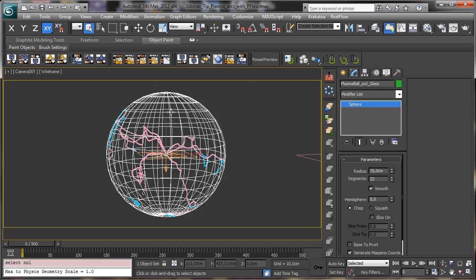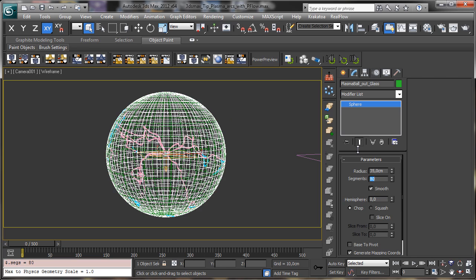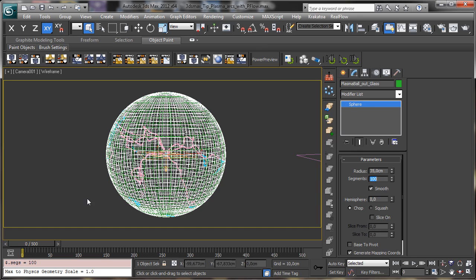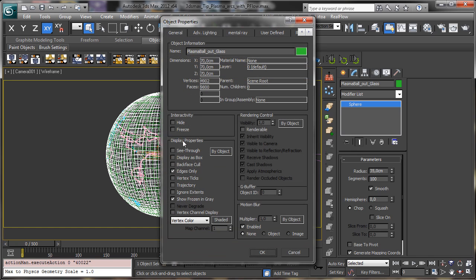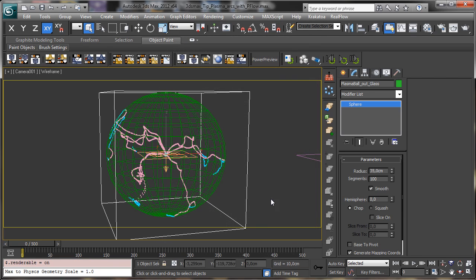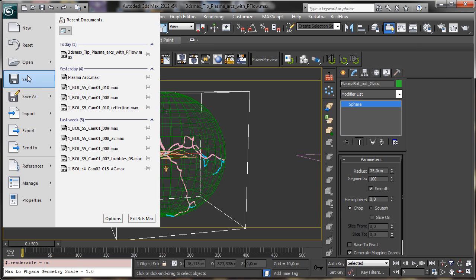So we have a low poly version just for the collision, and a high poly version for the rendering, and we can go maybe also for 100. So it's a really precise rendering. Let's go with the right mouse button, object properties, display as box and renderable. So that will be our sphere, and let's go to save,